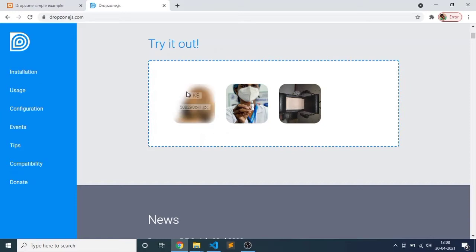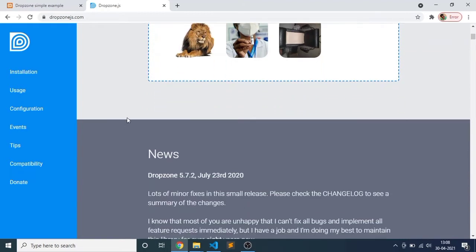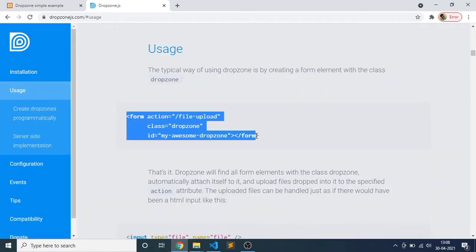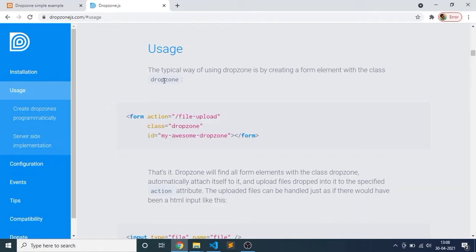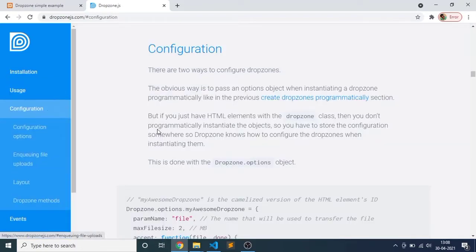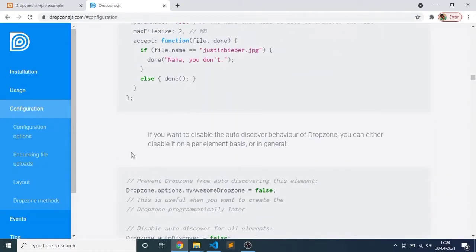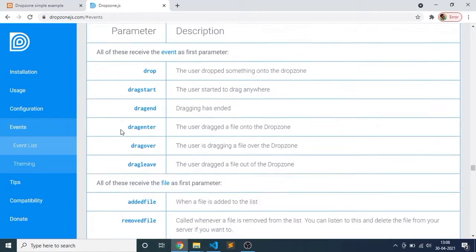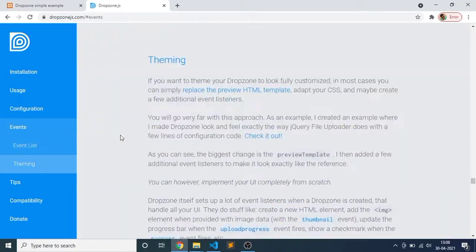If you want to upload not at selection time but when clicking a submit button, you can set that also. You can see all the usage of this form and how to use it in our program, all the configuration demos given here, and all the events listed and described.